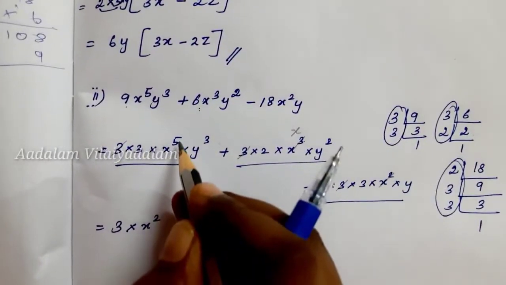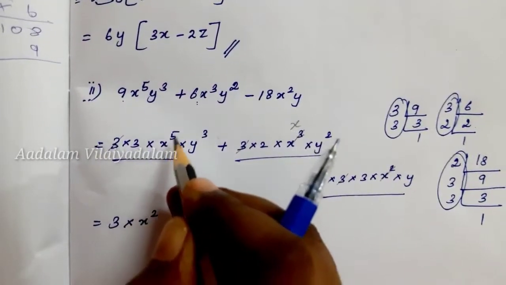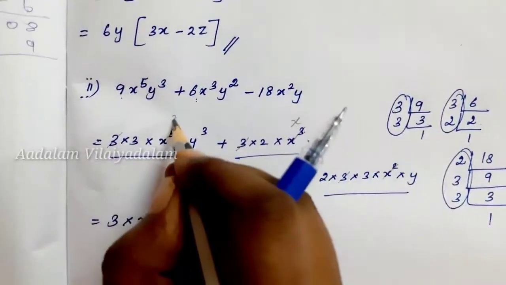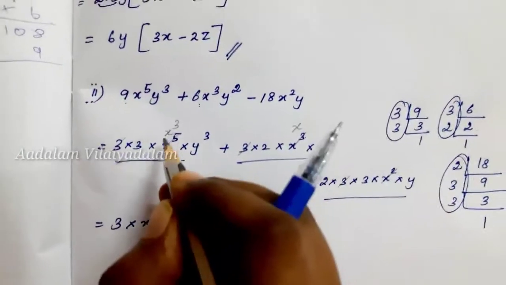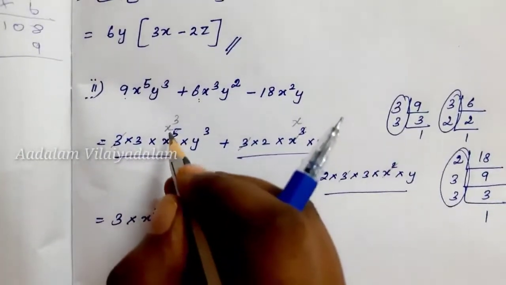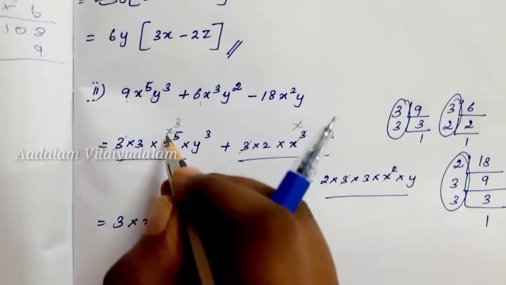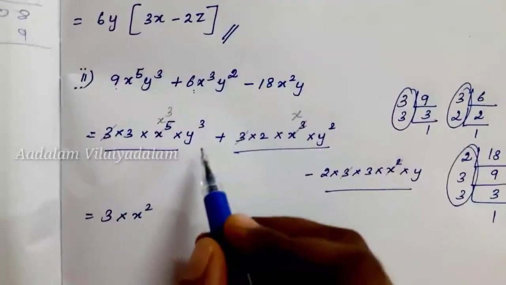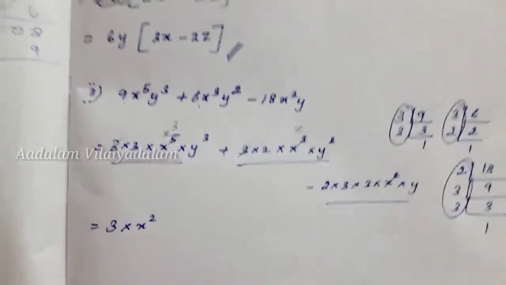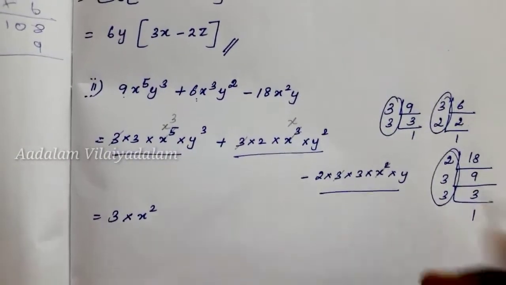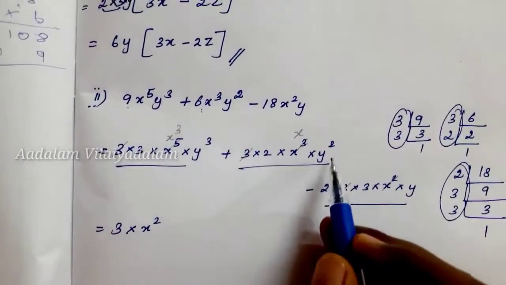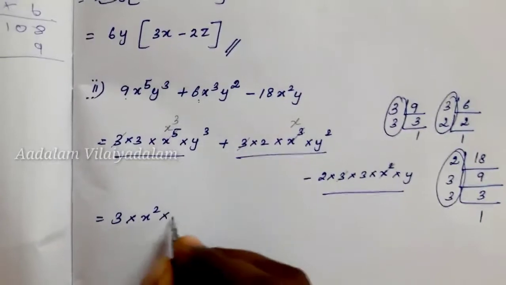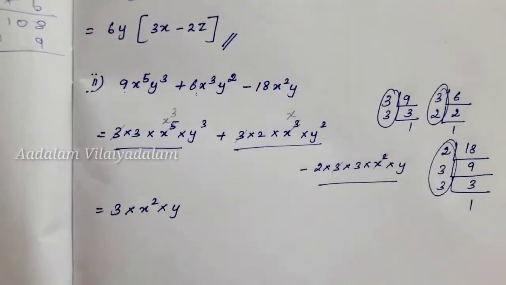So here I have taken out 2x, isn't it? So therefore how many x will be there? There will be 3x cube or 3x will be there. So we can write it as x power 3 or x cube. Now, is there anything common? Y values are common. Which is the least one? Here y cube, y square, y. Which is the least common? Only y is the least common.